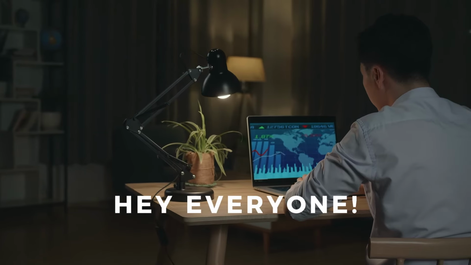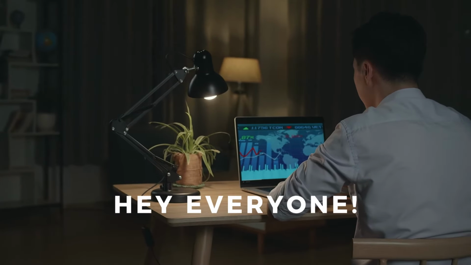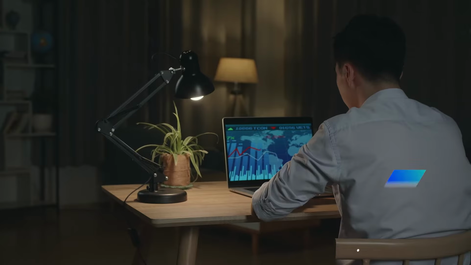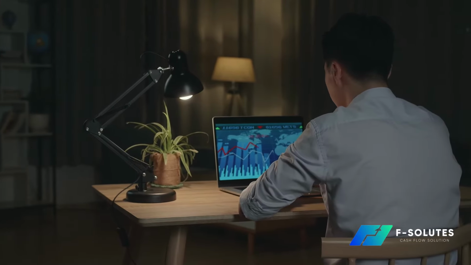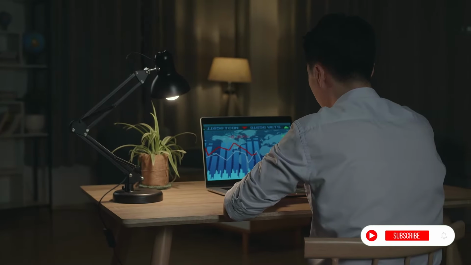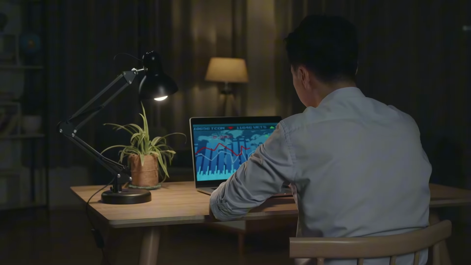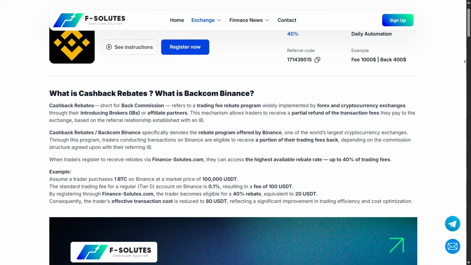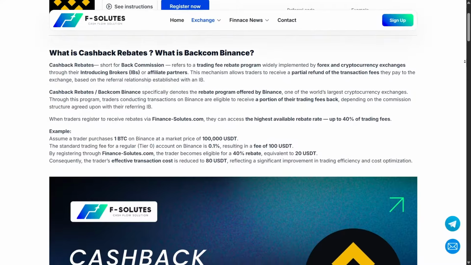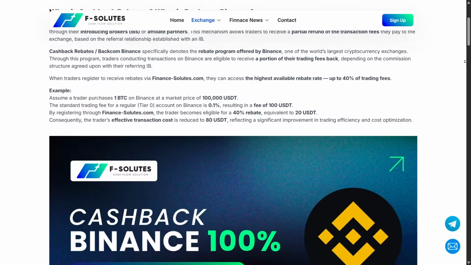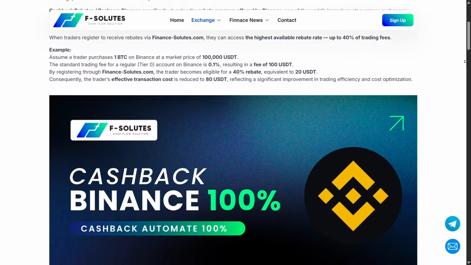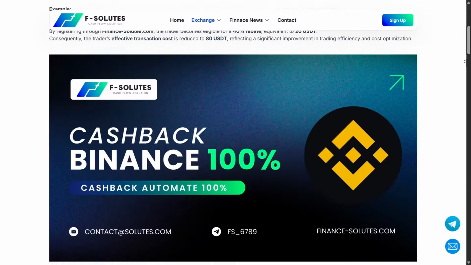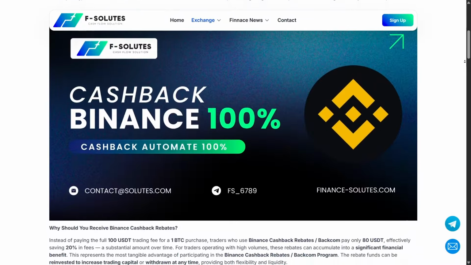Hey everyone! In today's video, I'm going to show you exactly how to register for the Binance Cashback Rebates program through financesalutes.com so you can save up to 20% on all your trading fees automatically. This guide will walk you step by step, from signing up, verifying your account, to actually receiving your rebates right inside Binance. So if you're trading or planning to start, make sure you follow this carefully to not miss out